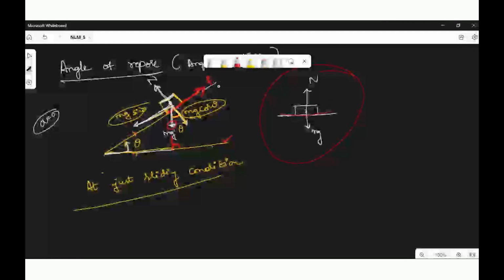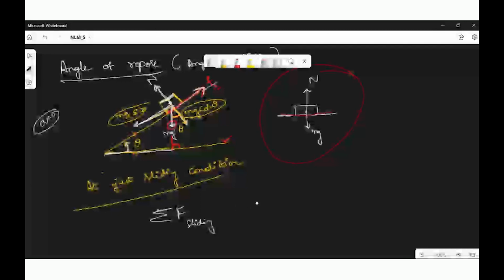Correct? Yes, ma'am. I'll write Fs because it has not started to move. Slide more, and the object will start sliding, correct? So your friction is static friction. Yes or no? Yes, ma'am. So now, in that case, what you can say is the summation over F along the sliding direction should be 0,